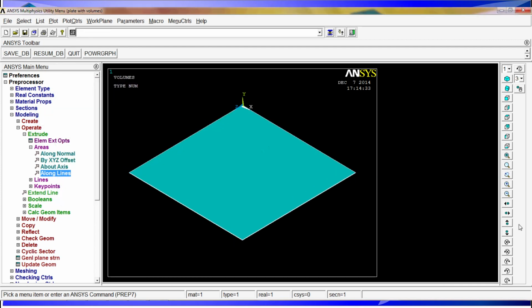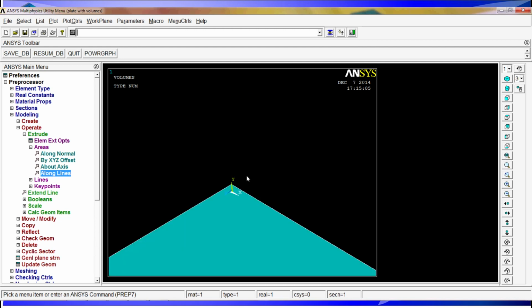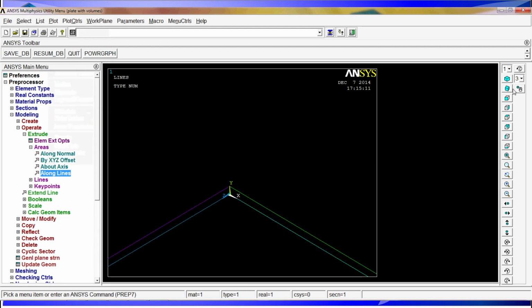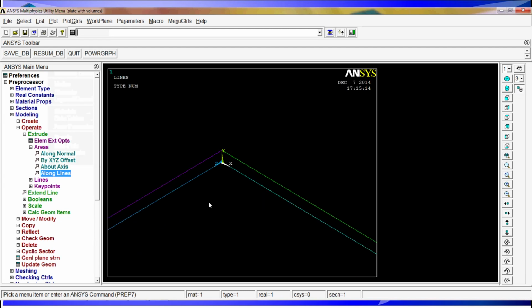Once we have done that, one of the problems of using the extrusion operation is that, the way we did it, we will end up having doubled lines or doubled areas or double entities. Although it's not the situation in this case, because we're just going to mesh the volume elements, sometimes they can create problems. And it's always good to get used to working with clean models and in a professional way. So we're going to go here. I'm going to show you with zooming here, and if we plot the lines, I'm going to use dynamic mode,